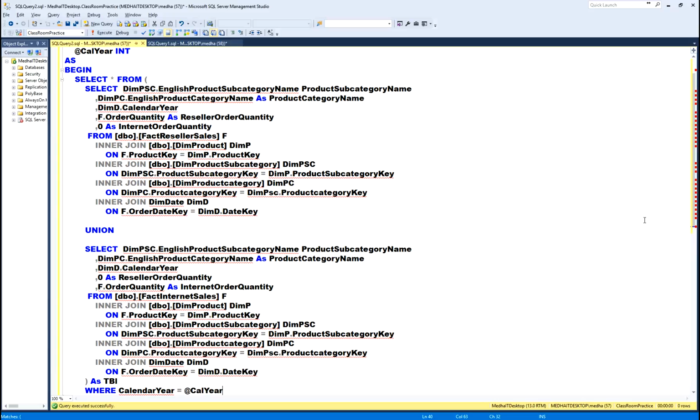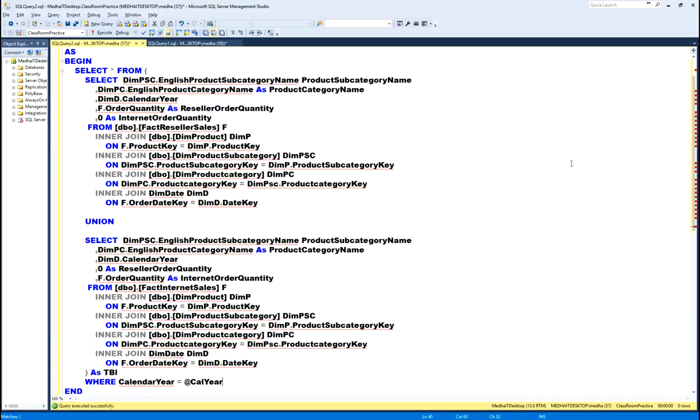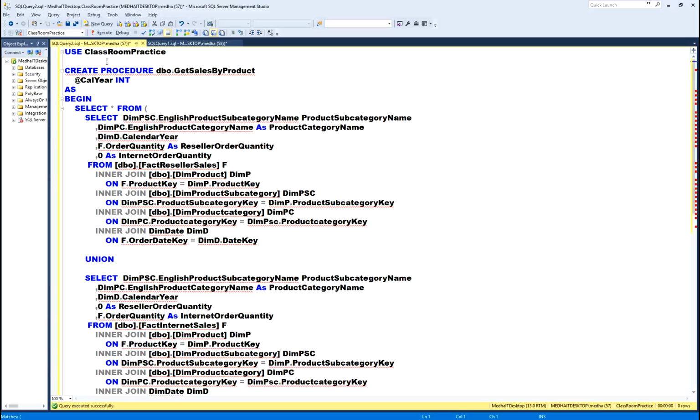Okay. So, that is my simple stored procedure. I took the same query that gives me the sales by product data, and I am filtering the data by calendar year, and the calendar year is the parameter passed to this stored procedure.